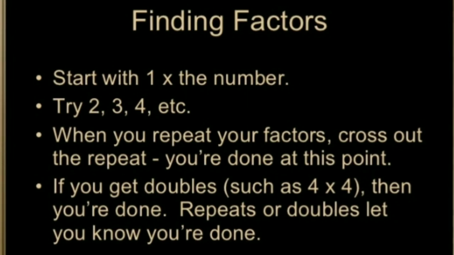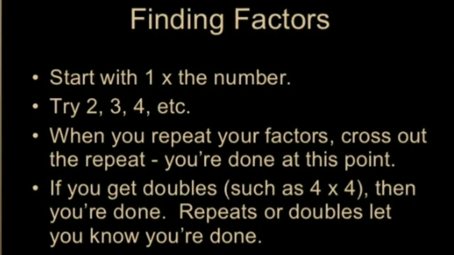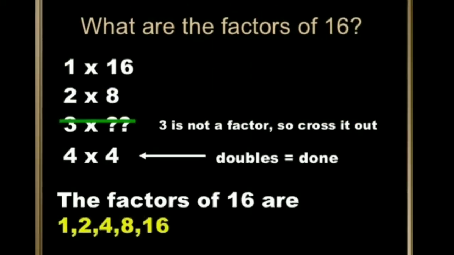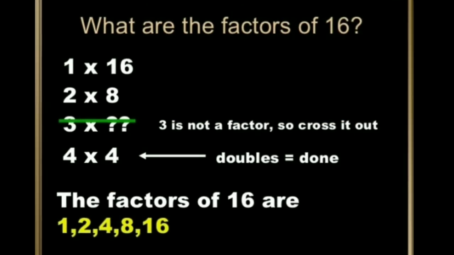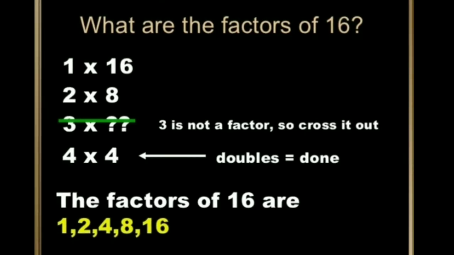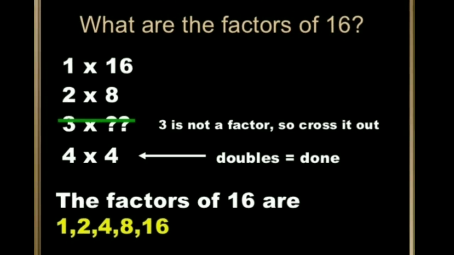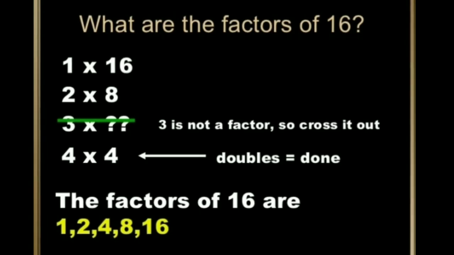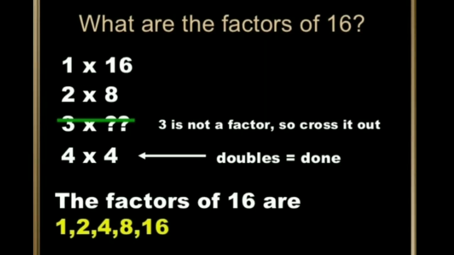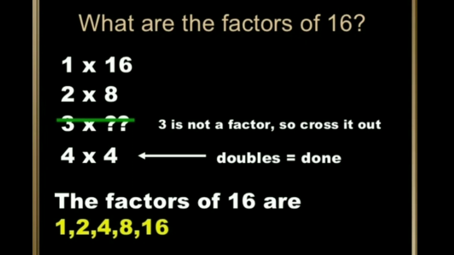For this, first of all, let's go through an example to clarify your concepts. Here I'm finding the factors of 16. As I have told you earlier, the first step is to multiply the given number with 1 to find the first factor. So I just multiply 1 with 16. So I got the first factor as 1. After that, moving on to the next number, that is 2. Now you have to count the table of 2 until 16 comes. As you know, 2 8s are 16. So the second factor comes out to be 2.